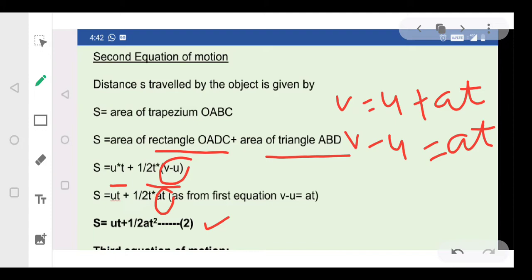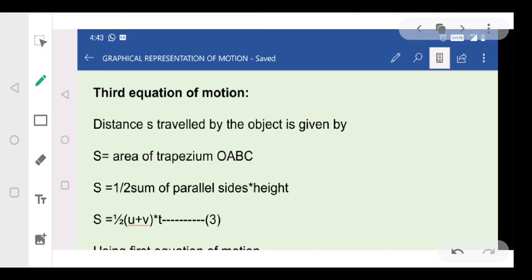So students, this is your second equation of motion, which we have derived by taking area under the VT graph to find the distance travelled by the object. Now let us come to the third equation of motion. Again, we will be finding it by taking area under the VT graph. But here, instead of taking area of triangle plus area of rectangle, we will be taking area of trapezium